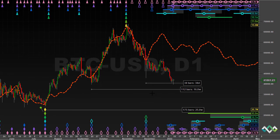Just a reminder, the composite model line takes the information from the analysis. So it is based upon the analysis. It's a little bit like a mathematical conjuring trick in the past, because you're taking a price action, analyzing it, identifying the cycles, extracting the cycle information, and then recombining that information to produce the composite model line. It's a mathematical conjuring trick when you're looking at the past, because you're taking a number, performing various operations on it, and ending up with a very similar number. So what the composite model line effectively tells us is that if the only thing influencing this price action were the cycles that have been found in the analysis, then this orange line is what would have happened